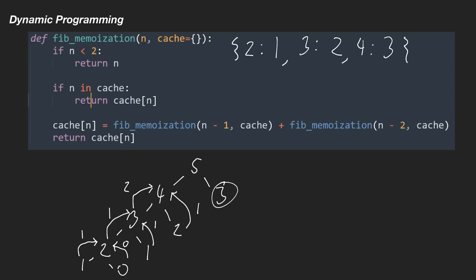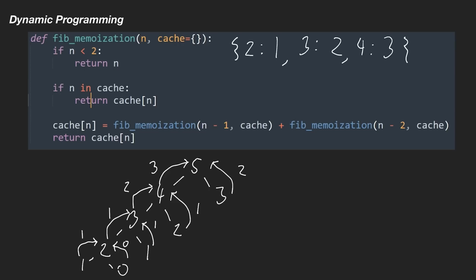Now finally, we go to this recursive call over here, which is for value 3. And for 3, it's inside of the cache. So I can simply return the value. So I return the value of 2. From 4, we know that this number was 3. And so we know now that the 5th Fibonacci number is value 5. We add those together, we would actually add it to the cache, and then we just return the value from the cache. Hopefully that explained how this worked, but what we were doing was storing the solution to each sub-problem